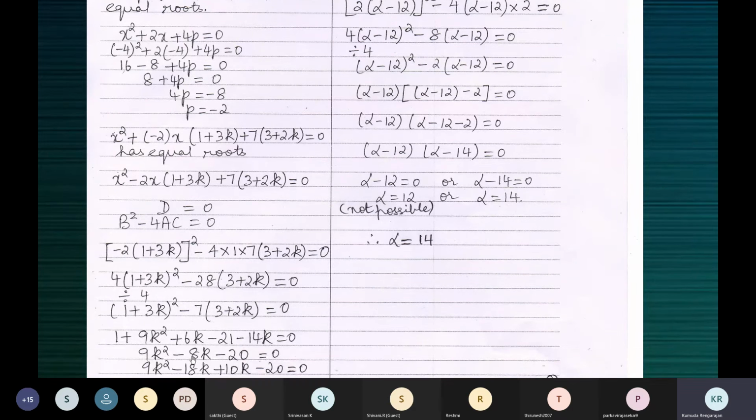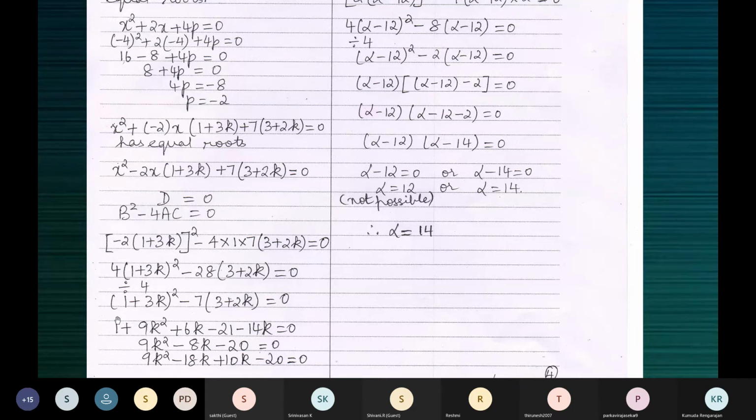Now expand it. Now, please follow the same procedure. Please do it like this. Divide by 4 throughout. Please do it exactly like this. Don't waste time expanding and multiplying with 4, multiplying all this by 28. You will get the same answer, but you will take a longer time. That's all it is. So simplify the equation like this.